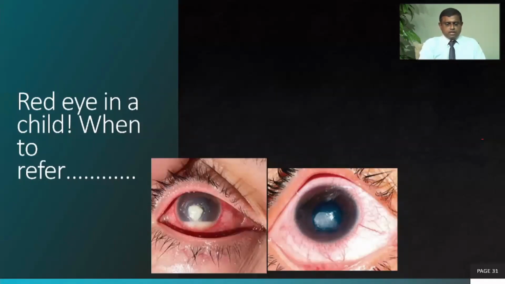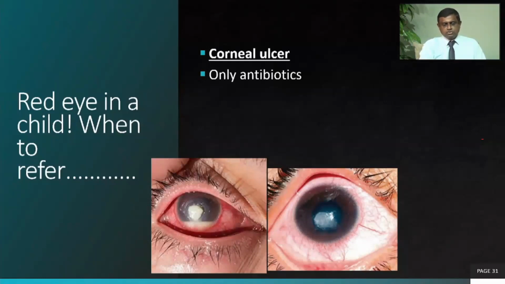infections. So red eye again could be a feature of corneal ulcer. So if you see something like this, these are just pen torch approaches, not slit lamp photos. So if you see something like this, please do not give steroids. You can give an antibiotic eye drop until the patient reaches the ophthalmology opinion. So you can give a topical antibiotic like ciprofloxacin until the patient goes to an ophthalmologist, but it needs urgent referral.